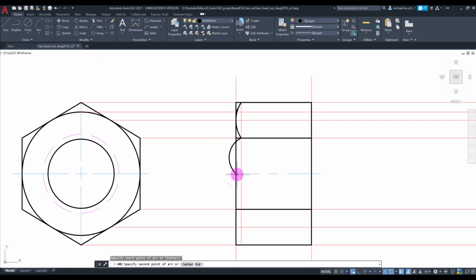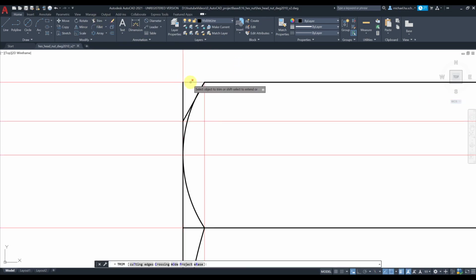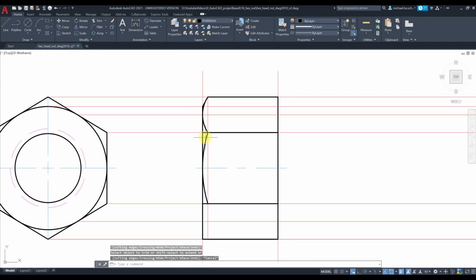1st point, 2nd, 3rd. Okay, I can go ahead and trim the extra pieces there. Trim. I need the chamfer to stay. And I can go ahead and trim by pressing enter. Trim that. And I can go ahead and mirror